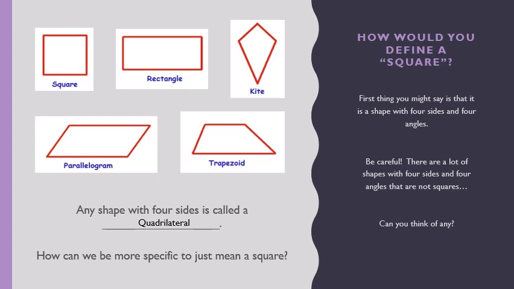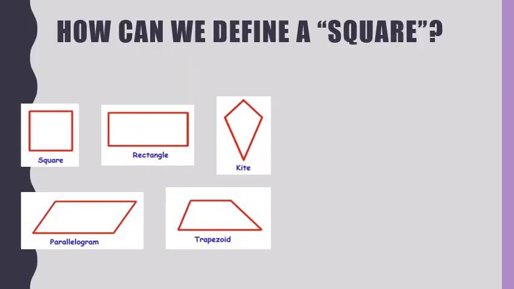How can we be more specific to mean just a square? So let's decide, how can we define a square? So a shape with 4 angles wasn't good enough. So instead, let's change that to a shape with 4 right angles. Now on our square, I'm just going to write on here, a right angle, you probably remember drawing these little boxes. A right angle is a 90-degree angle,